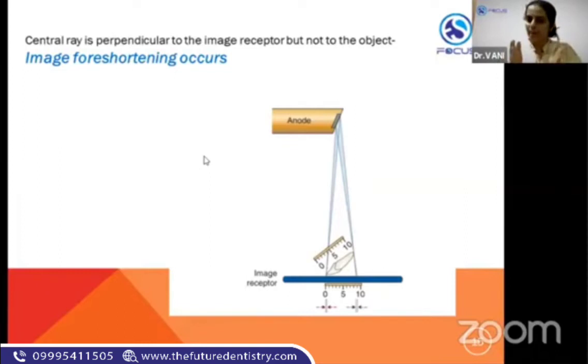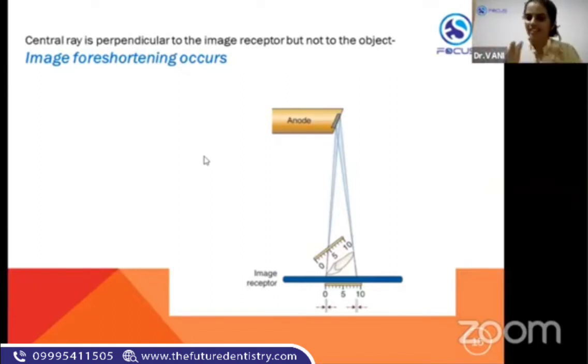Okay. While in the paralleling technique, when you are using the ring, that ring is maintaining a distance, and onto the ring only you're placing the cone. So again, you are increasing the distance between the focal spot and the image receptor. So the principle is satisfied by that technique. The cone as such is long enough. The focal spot is within the rectangular area, and the X-rays are not produced from the tip of the cone or the cylinder. Okay, is it clear?